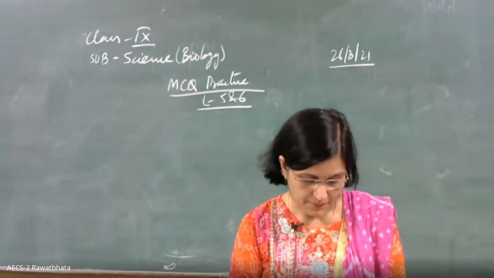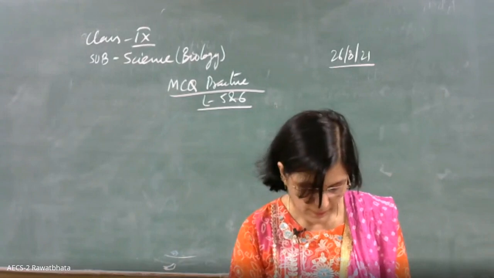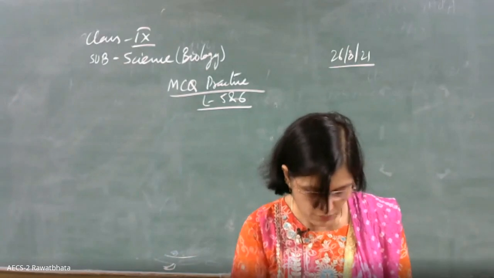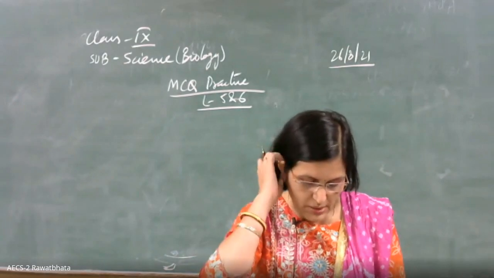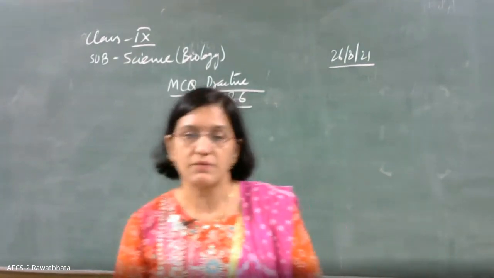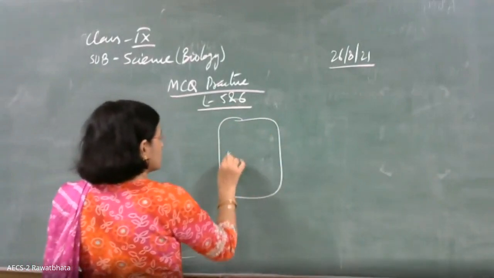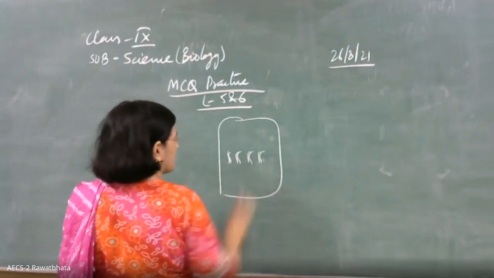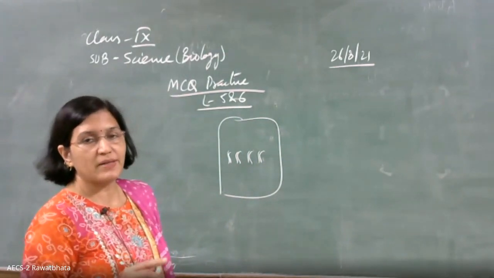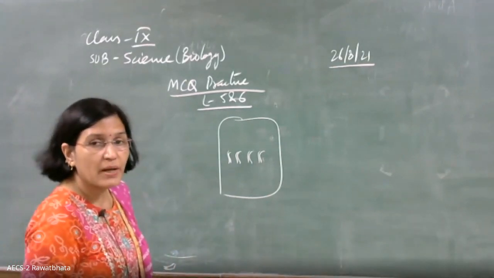Now question number 3. Now this is about cell division, of course. You may not be aware of its answer, but still I would like my kids to attempt. Chromosomes reach the equator during which phase of cell division? Equator means that when the cell is dividing, in the center of it, the chromosomes arrange themselves. We have covered this at the end of lesson number 1, and this is actually happening during metaphase stage.